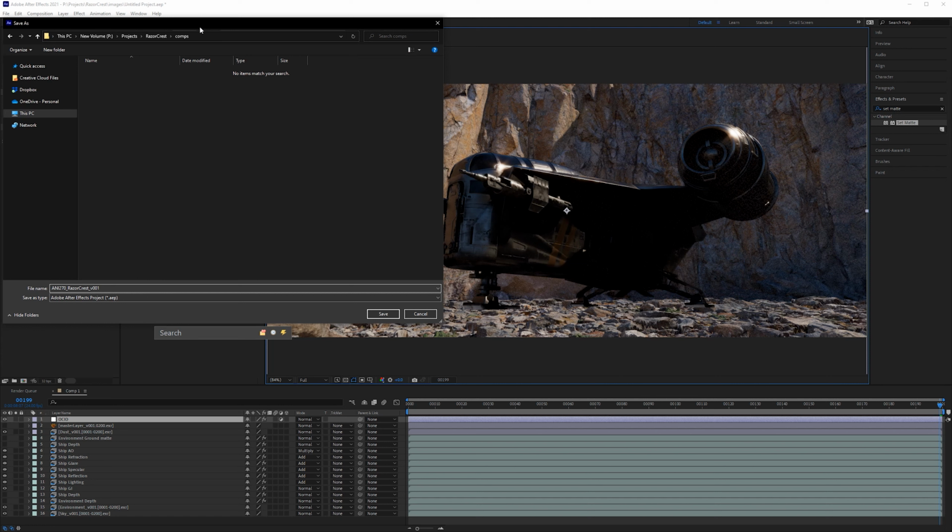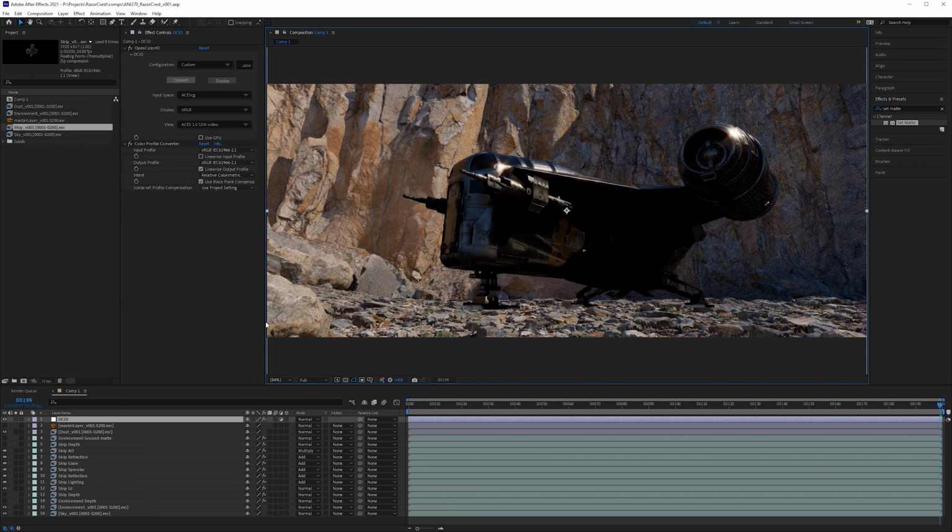Anytime you up version something in Maya, you need to up version your After Effects. Let's say you did a whole bunch of stuff in After Effects and you're on version 10, the next file in Maya should be version 10, okay? Because you need to synchronize which ones are using which set of frames. Otherwise it gets out of sync and very hard to figure out which ones you were actually using. So let's just say NE270 Razor Crest version 1. You could also just put in the assignment number here if you wanted to. That would be fine as well.